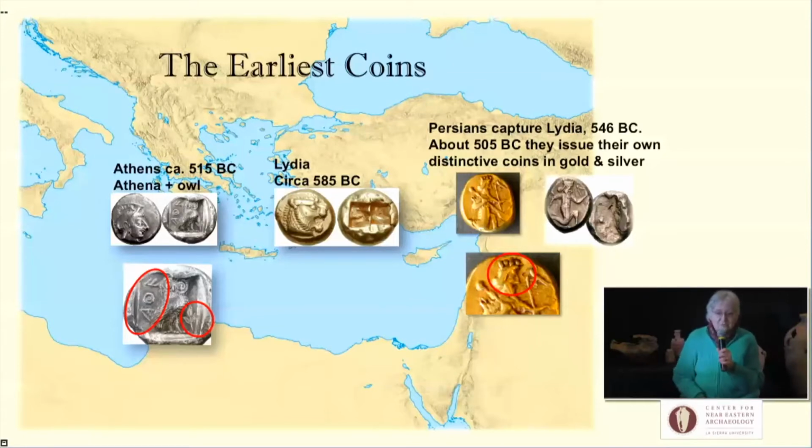You see first in Lydia, then in Persia, and then in Athens. I've circled some places on the coins to indicate some details that we'll see as we look at some of the earliest Judean coins. First of all, on the Persian coin, there is the depiction of the king. It's a generic depiction, and he's wearing the distinctive Persian crown. On the Athenian coin,